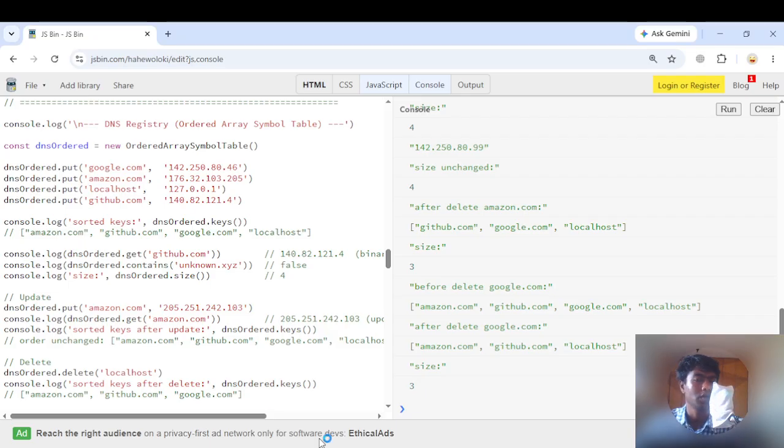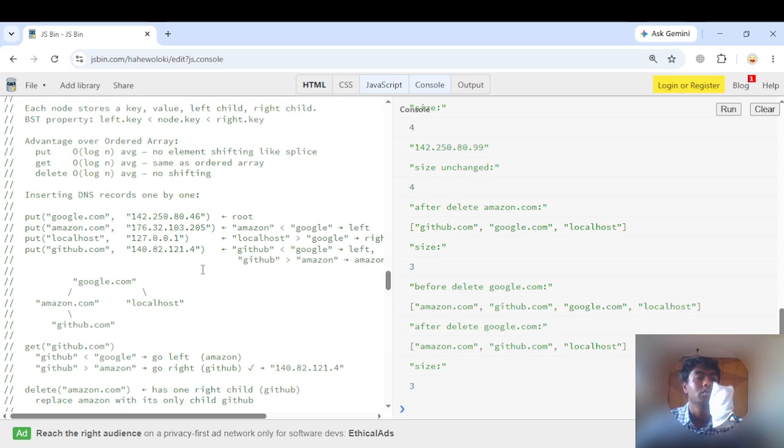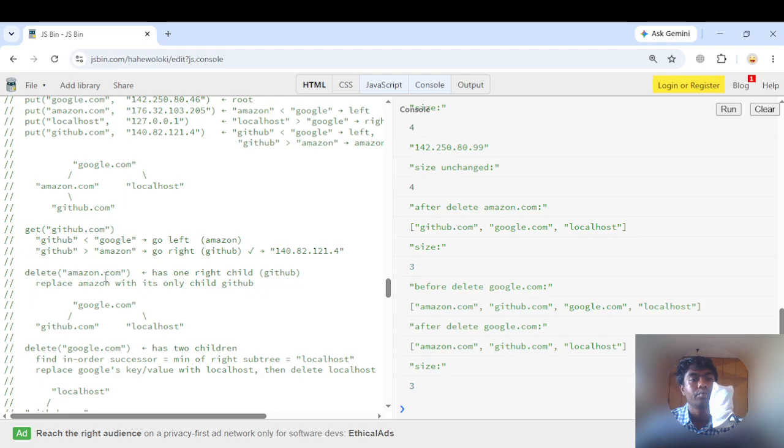Okay, let's look at the last one, which is the implementation of symbol table with binary search trees, or BST, right? As you know, BSTs are sorted trees where left values are always less than the root, and the root is less than the right side portion of the tree. So we store